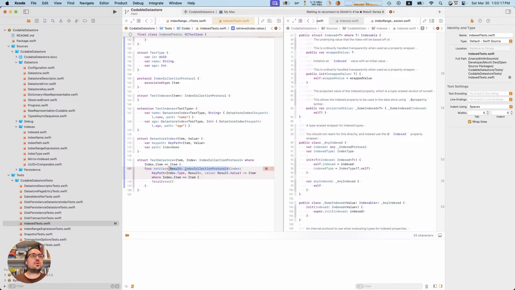Now, we don't care about that result, but we do care about having a value. We are looking into the index for a data store index, and this can give us different index types, so I'm kind of liking it so far.